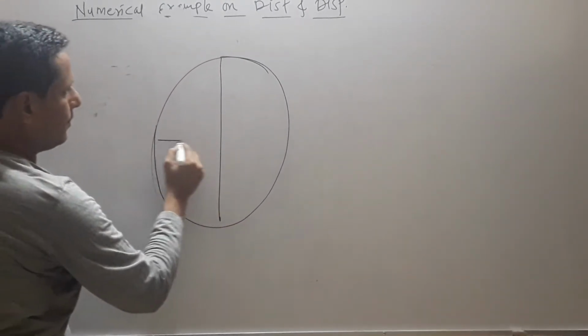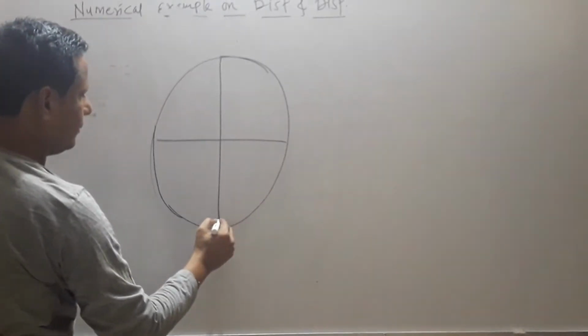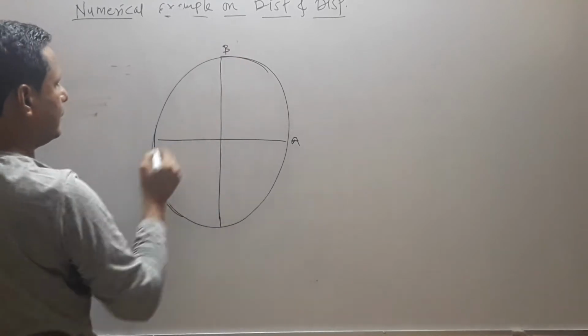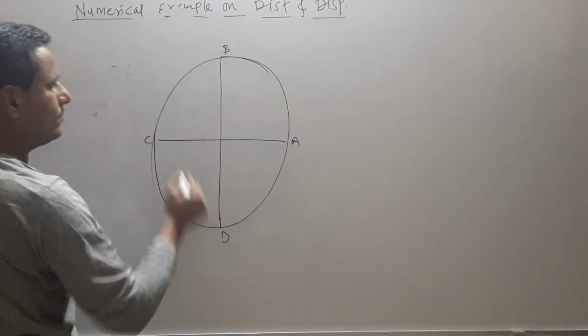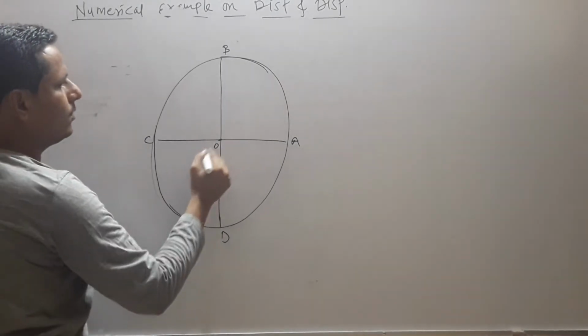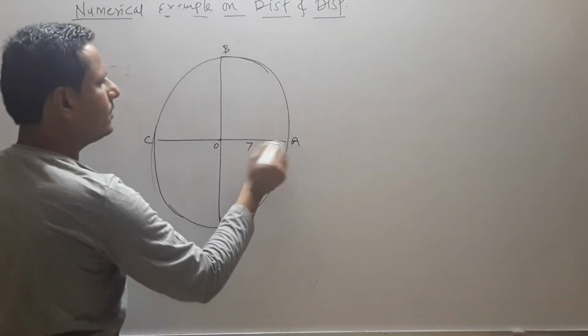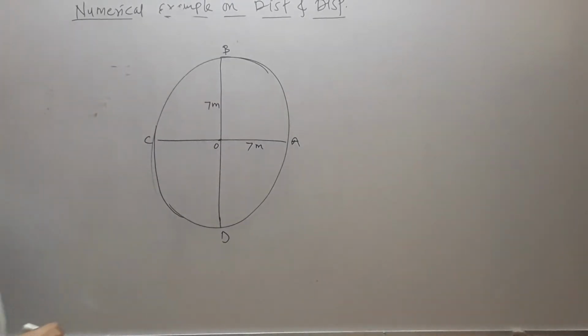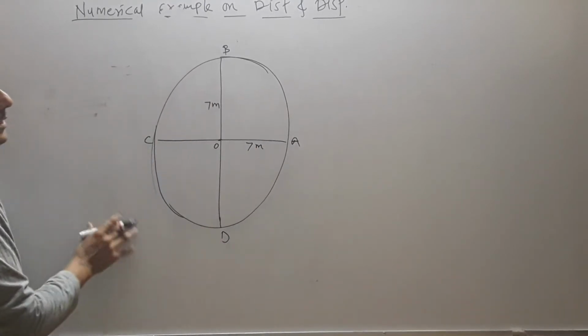I just make quadrant appropriate. Okay. So this is the position A, B, C, D. This is a circle. This center O. We're having this radius 7 meter. Okay. So now here the given information is that